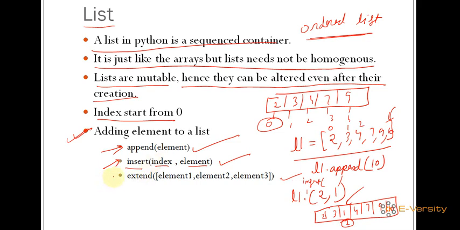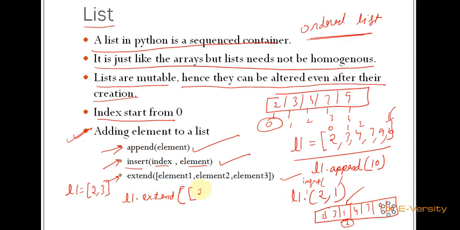Now the third is extend. Extend is a function used to add multiple elements to the list. Suppose we have a list L1 with two elements 2 and 3, and I want to add three elements at a time. I can use L1 dot extend and here you can pass another list.